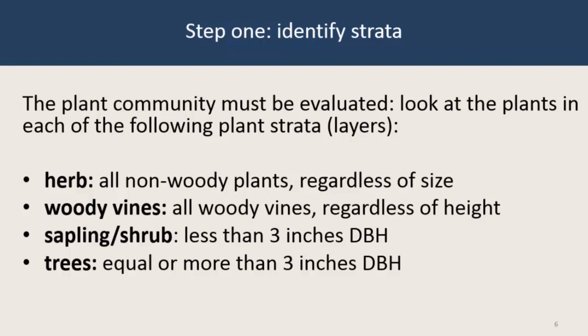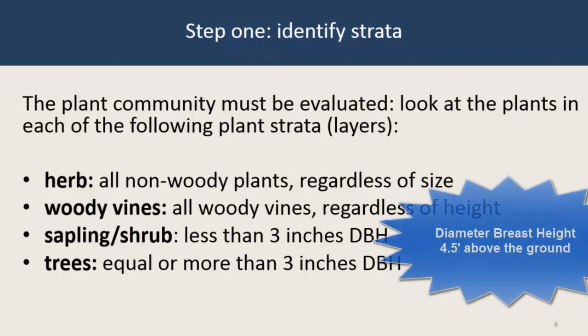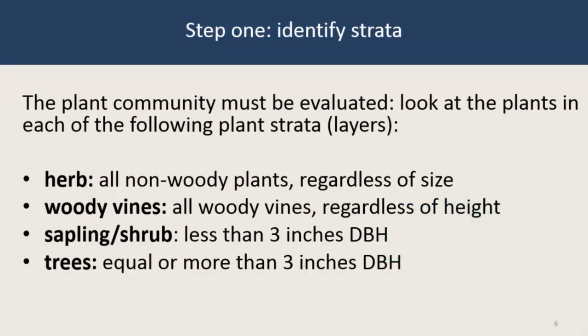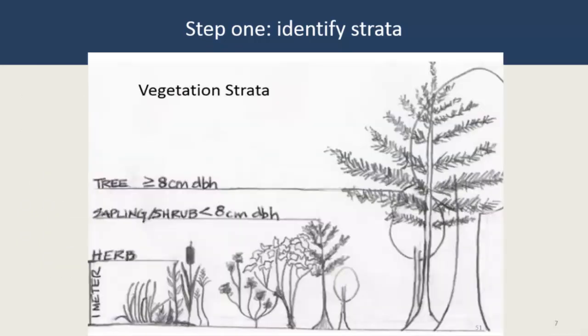The shrub layer is made up of woody plants that are self-supporting and have trunks less than 3 inches in diameter. DBH is an abbreviation for diameter breast height, which means you are looking at the diameter of the plant trunk at the height of approximately 4.5 feet above the ground to do your measurement. One species of plant, depending on the size of the individual plants, could be counted in both the tree and the shrub layer. This graphic illustrates how one would sort out vegetation of different types.